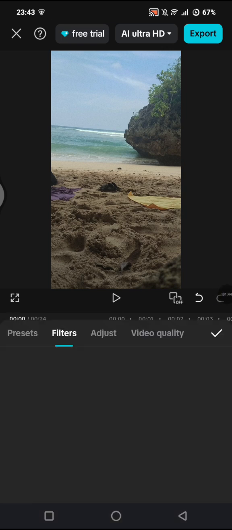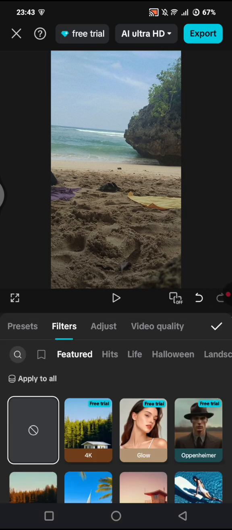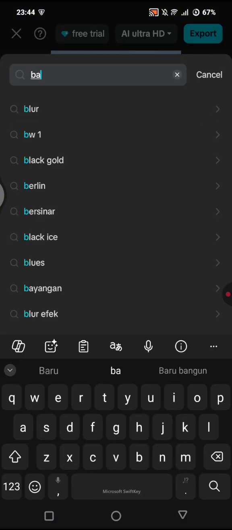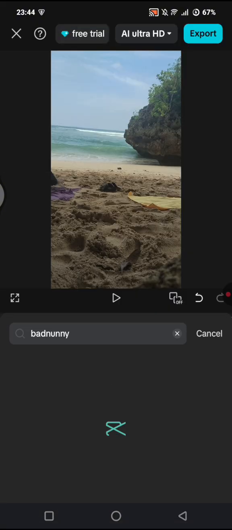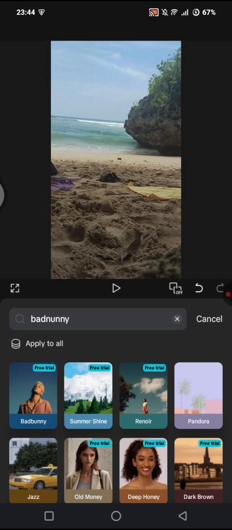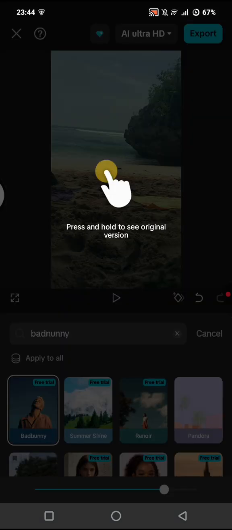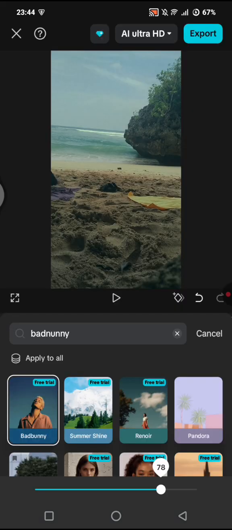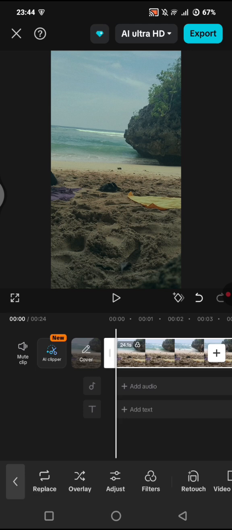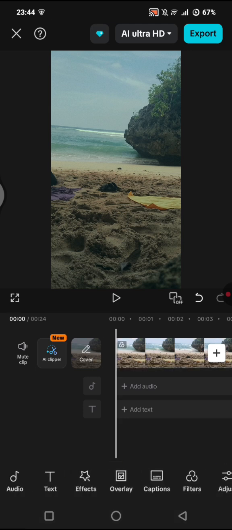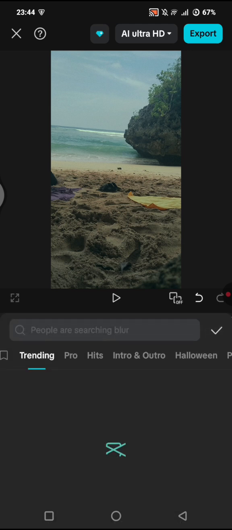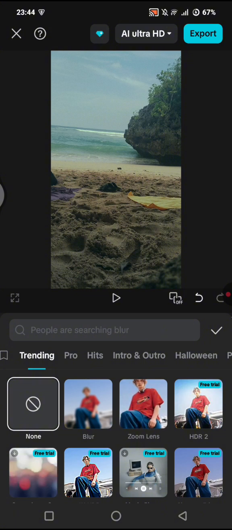Now head to filters and find the Bad Bunny filter. This one. And you can adjust it to how you prefer. I'm going to go with 70. Hit on a check icon, and lastly go to effects, video effects, and in here you can search for